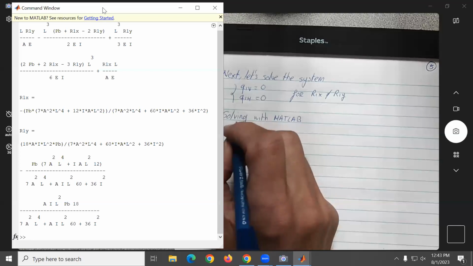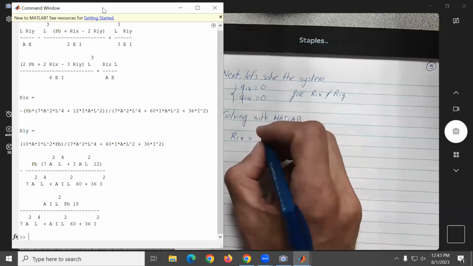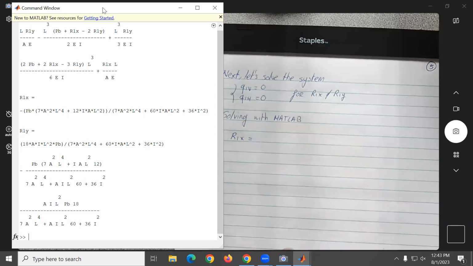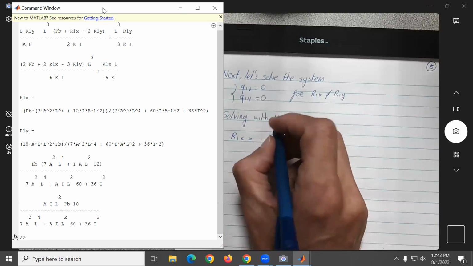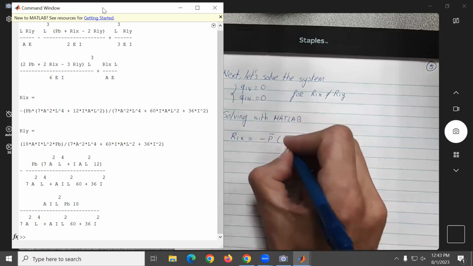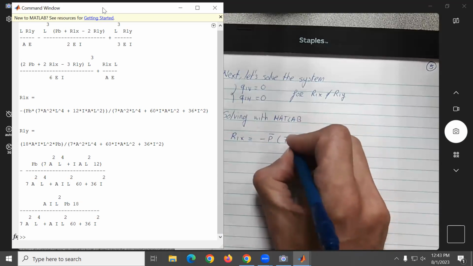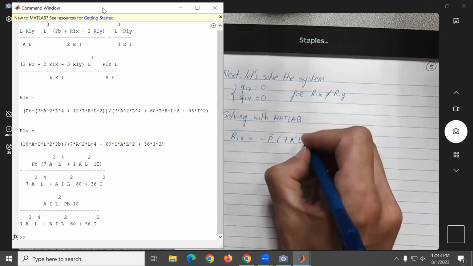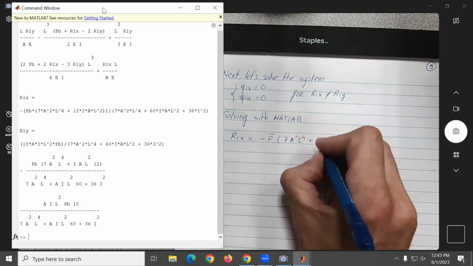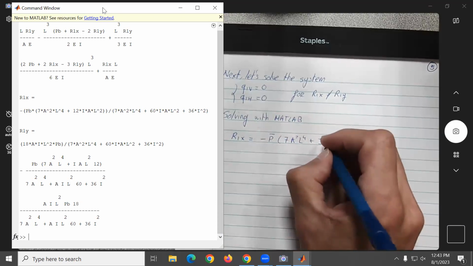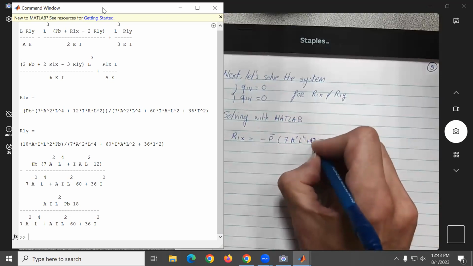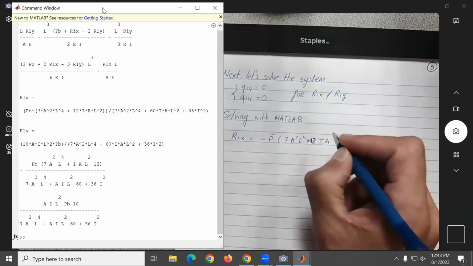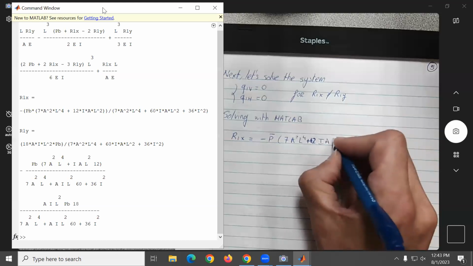R1X is equal to minus, is it a minus? Okay, so minus P bar, 7 A squared L to the 4th plus I A, plus 12, I would guess, I A L squared